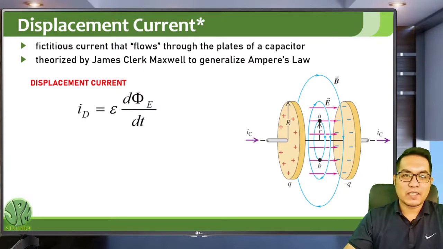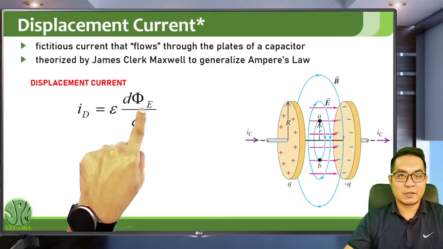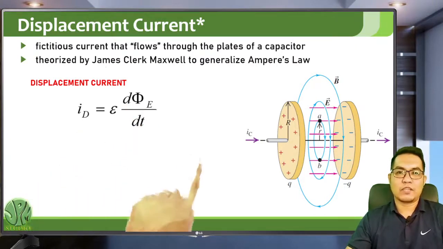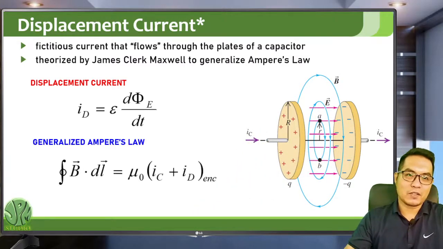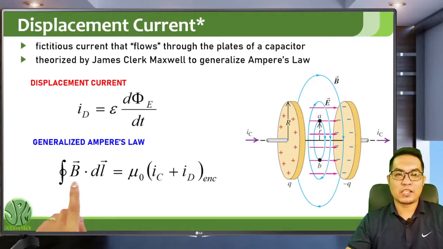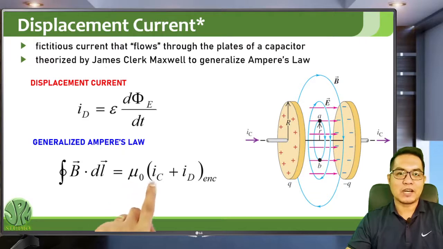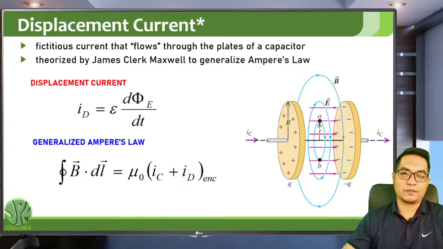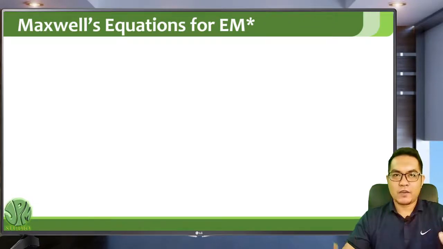So the displacement current is actually the change in electric flux. So this is the change in E dot dA, the change in electric flux between the plates of the capacitor. Therefore, the generalized Ampere's law will now be, the original Ampere's law is B dot dL equal to mu naught I enclosed, but it's now the conduction current, the current that flows through the wire, plus the displacement current enclosed. So we now have a complete picture of the theory for